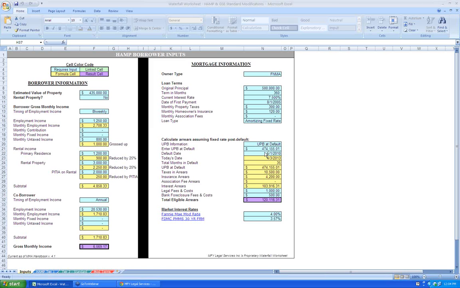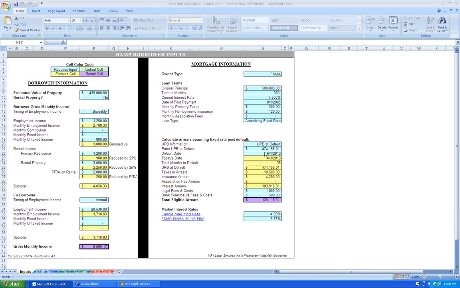I'm Joseph Rubella. As was just said, I'm staff attorney at MFY Legal Services. And today we're going to be walking through two Excel worksheets that we've created to help everybody deal with the variety of programs that are out there. First, I'm going to walk through the HAMP and GSE standard modification worksheet. Then I'm going to switch it over to Erin, and Erin's going to walk you all through the FHA loss